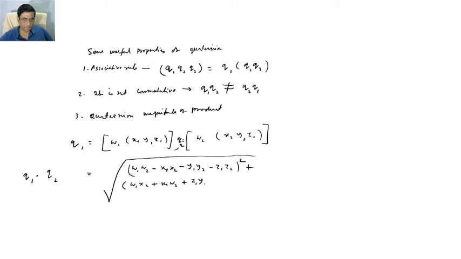Z1 Y2 minus Y1 Z2 square plus Y1 W1 Y2 plus Y1 W2 plus X1 Z2 minus Z1 X2 square plus W1 Z2 plus Z1 W2 plus Y1 X2 minus X1 Y2 square. So this is actually the